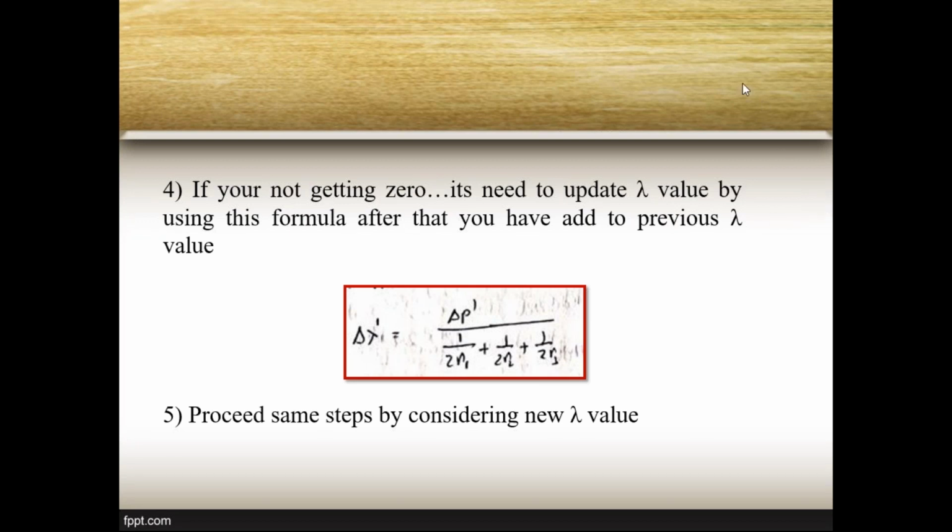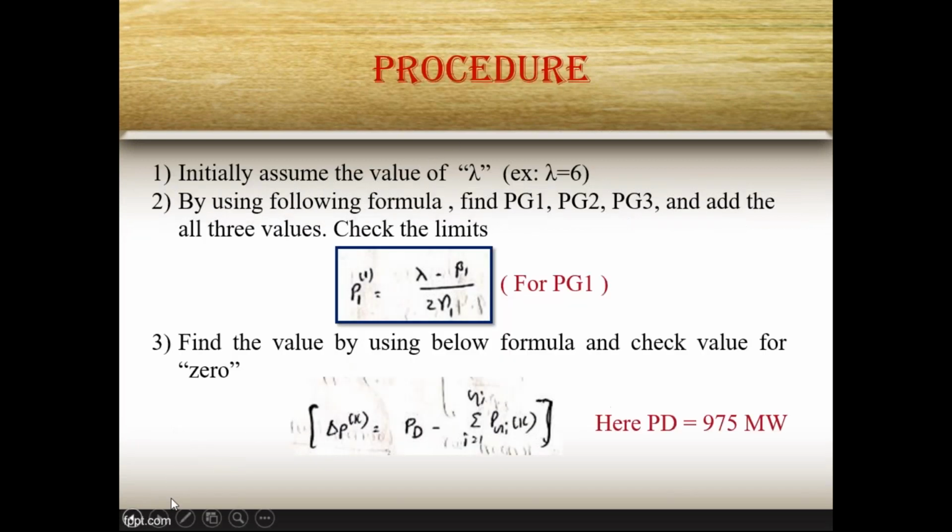Right, I will explain the 4th step again, please see. In the third step we have to find the delta p value. Delta p has to be 0. If it is 0, then your lambda assumption, the lambda value, is correct. If it is not equal to 0, you will get some value, right? If you subtract from pd, some value like 600 comes. Keep that value as it is. It means that it is not the correct value when it shows not 0.